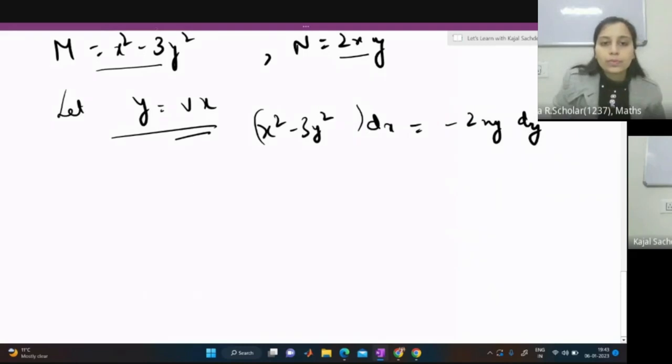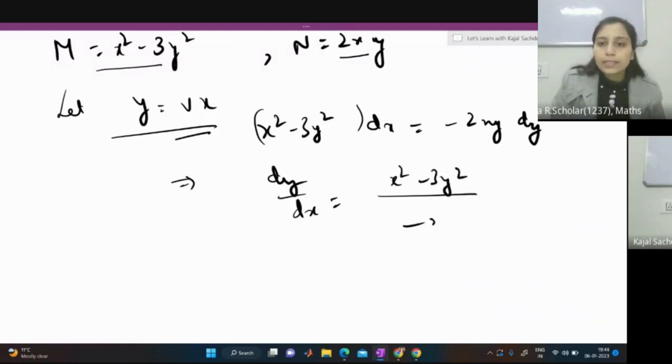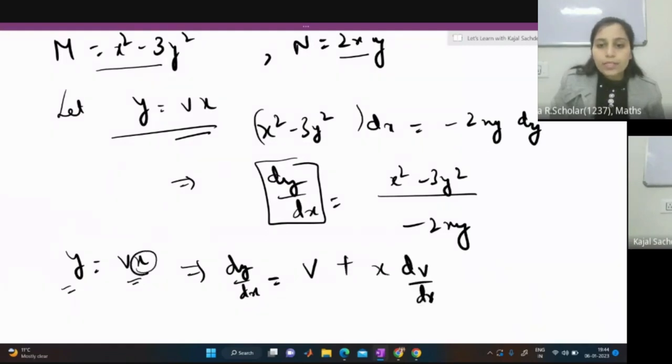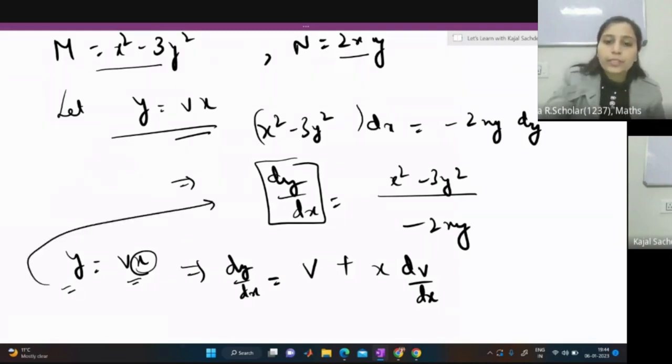Now we can write it as dy upon dx is equal to x square minus 3y square upon minus 2xy. Now substituting y is equal to vx. For this, we want dy by dx. So differentiating it with respect to x, we get dy by dx is equal to the first function as it is, the differentiation of x is 1, plus x as it is, and the differentiation of v is dv by dx. So substituting this here, we get